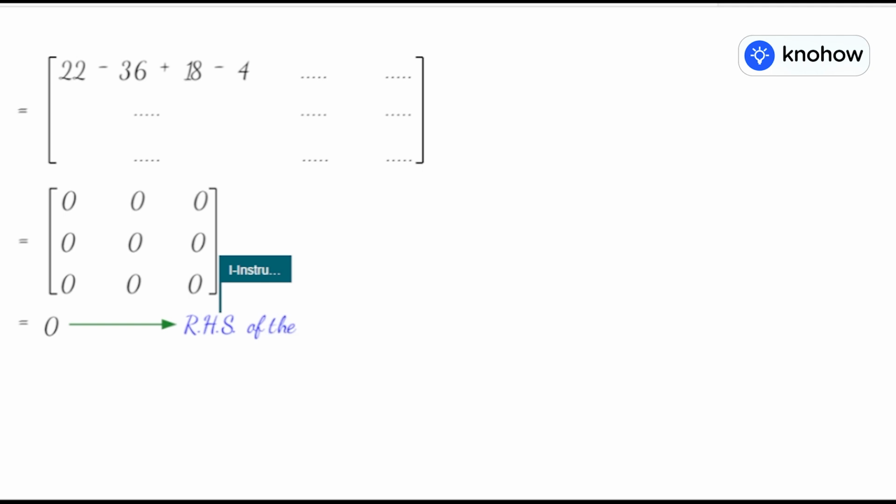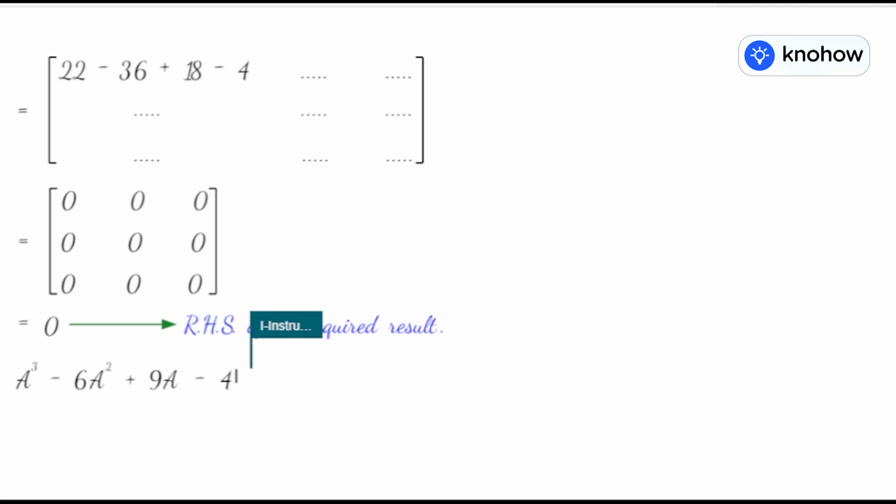But before I end, there is a second part. Using this result, which result have you proved by now? We have proved that A cube minus 6A square plus 9A minus 4I equal to 0. Now further in the question it says, hence, please make a note of this term, hence find A inverse. And not independently, I repeat again, using the formula 1 by determinant A into adjoint. So to find A inverse using this result,